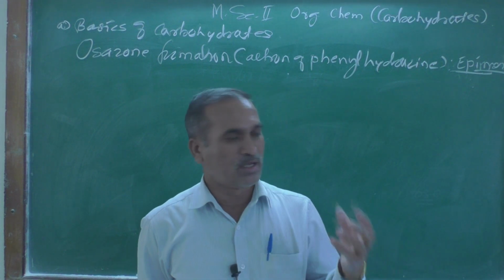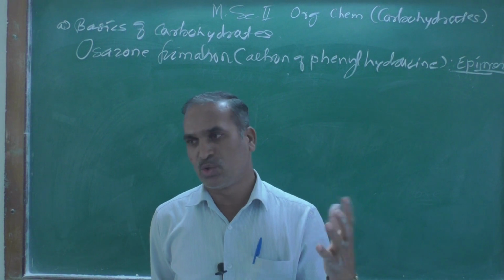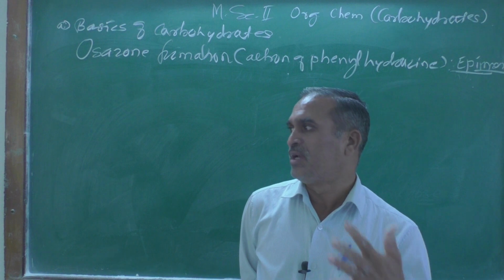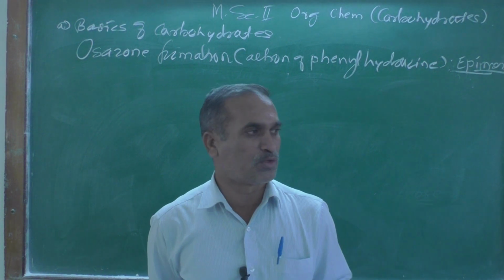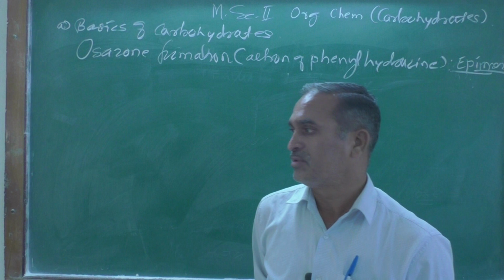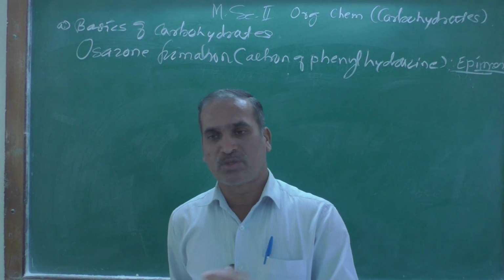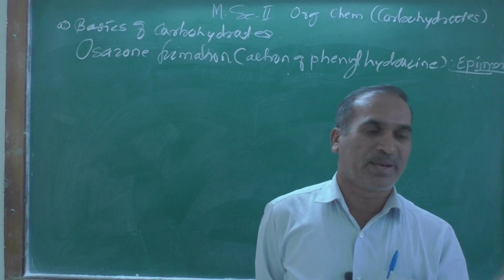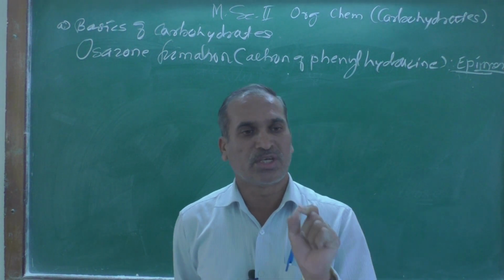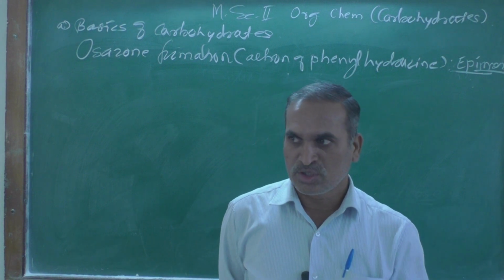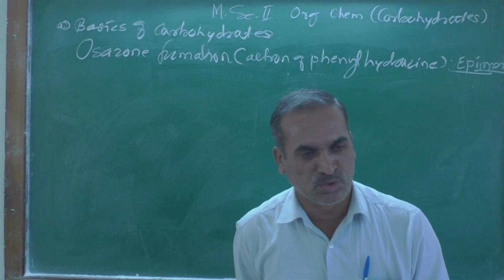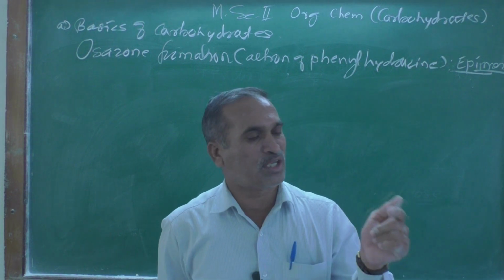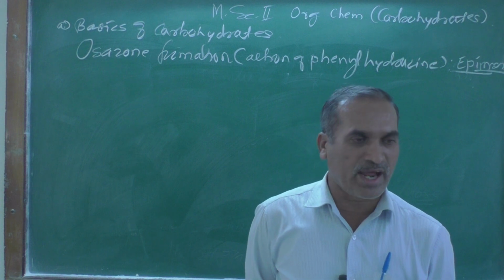We know the structure of ammonia, and when one of the hydrogen atoms gets replaced by any group, say Z or any G, we get a derivative. Suppose one of the hydrogen atoms is replaced by OH, it is known as hydroxylamine. Suppose it is replaced by NH2, then it is known as hydrazine. Suppose it is replaced by NHPh, it is known as phenylhydrazine.